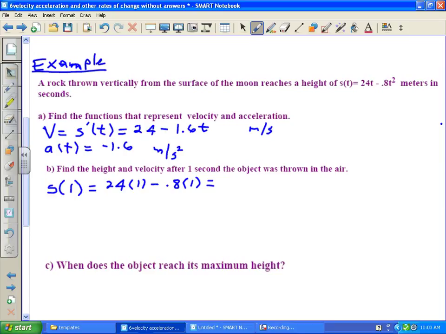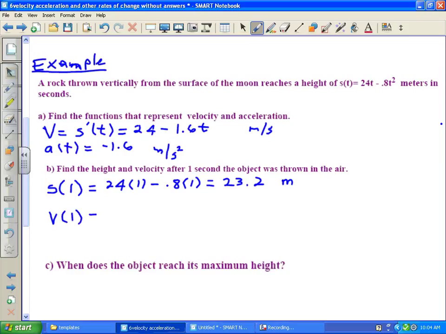And let's see what we're getting. Is it 23.2? And the units would be meters, this is just distance from the ground, right? S of t is distance, so that will be just meters, right? They also want to know the velocity 1 second after it was thrown, so v of 1